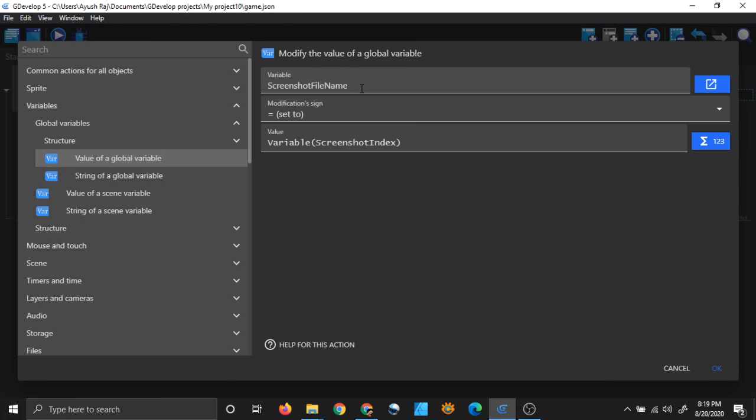I have put my screenshot file name global variable, which we saw that we had created in the global variable section, and I will assign the value screenshot index to my global variable screenshot file name. This screenshot index is the scene variable where I have stored the data which I loaded from the memory, right?